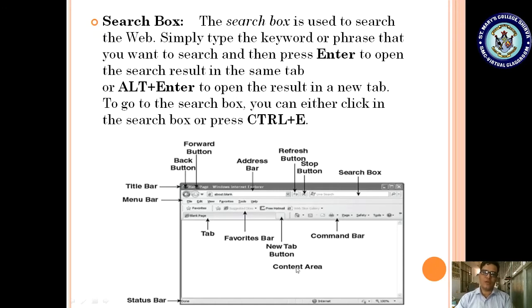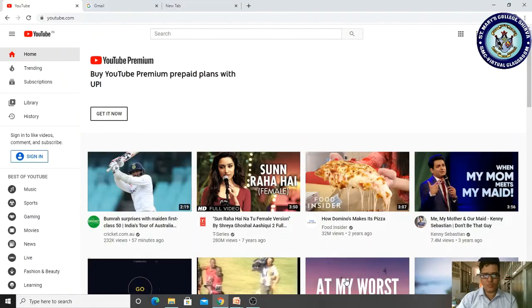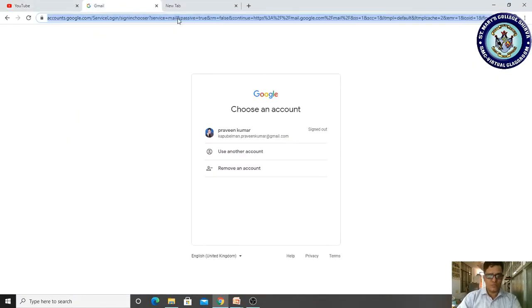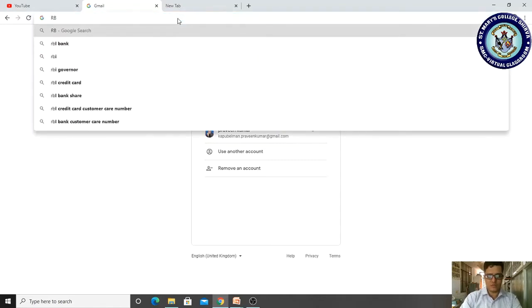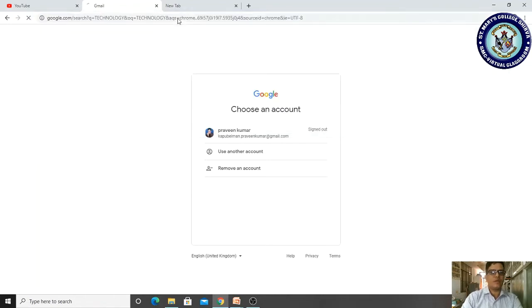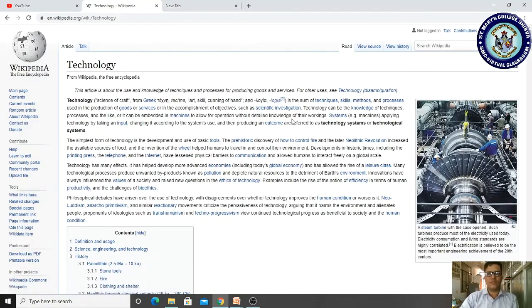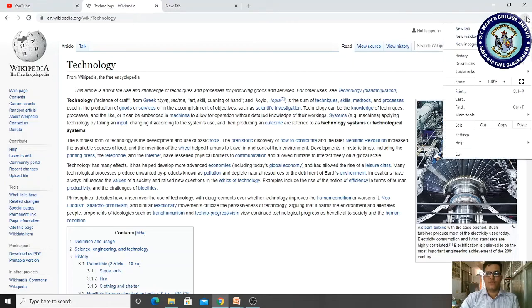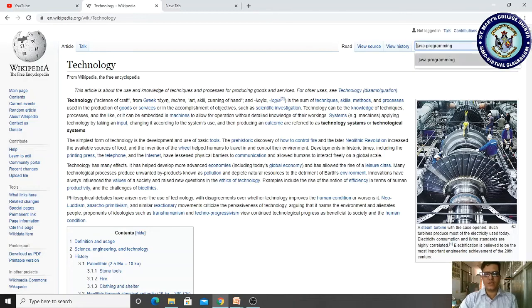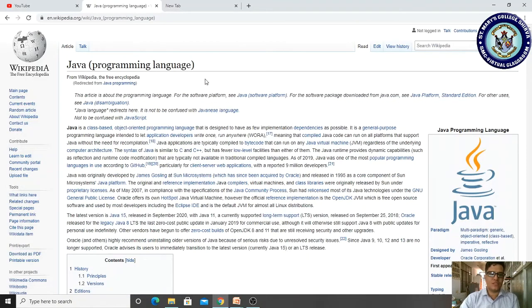Okay, that is possible. We are able to navigate. For example, let us see, I have opened some page, like B.R. Ambedkar, or some technology. So I'm using the technology Wikipedia. Here we are not having any option, but here you can identify the search button. If you click here also, we can get some of the search options, but let us search in this Wikipedia for Java programming. If it exists, it will display.